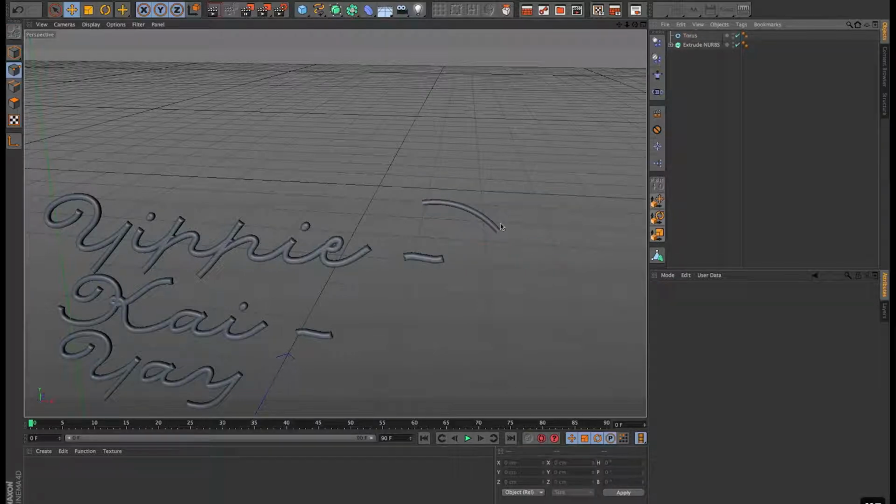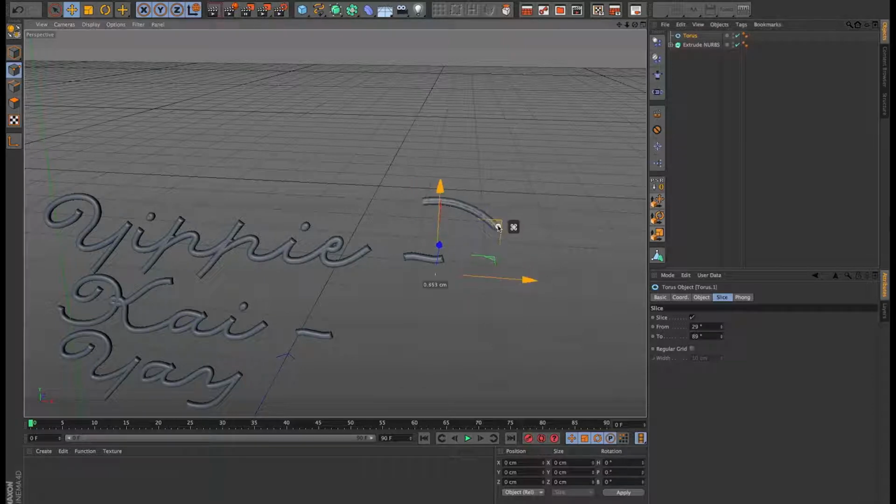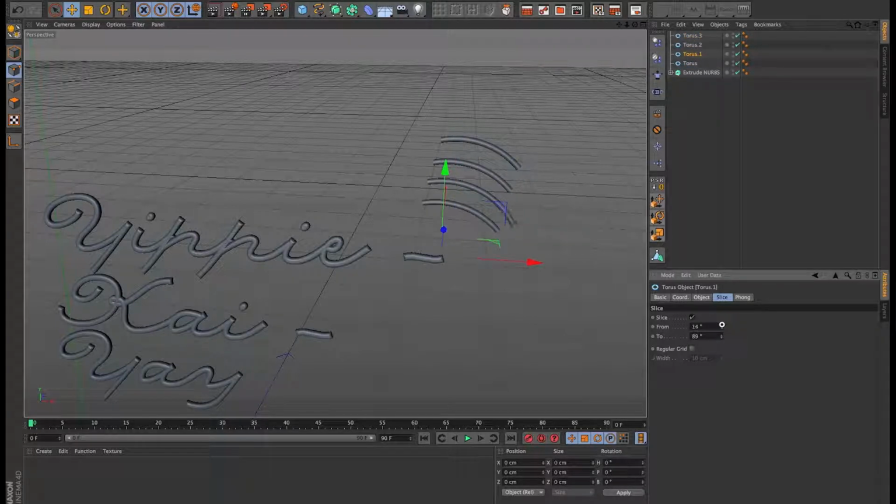Actually, let's get rid of that. Got a better idea. There we go. There we go. Let's have 4. I'm only doing this by eye, fairly quickly. I don't want to mess around. So once you have some kind of logo or